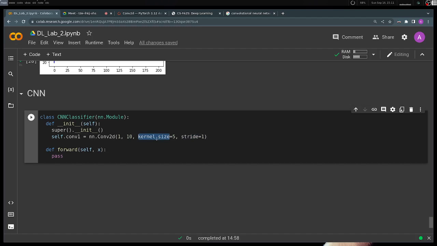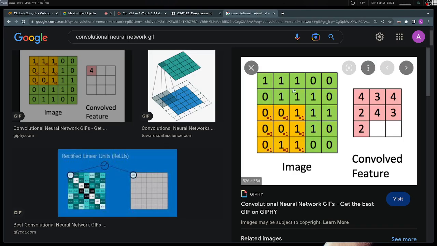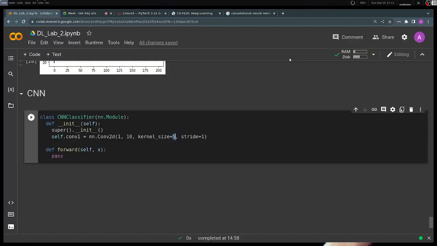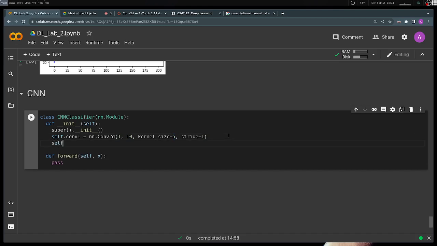So imagine you have a 28 by 28 image, and then you also have a kernel of size 5, and you are going to apply this kernel over your image with stride 1, which means that you apply it first over the first 5 by 5 matrix, and then over the next 5 by 5 matrix, and then over the next 5 by 5 matrix, and so on. Okay, so that's basically it. There's a lot of theory behind why this works and how it works, which hopefully we can do in the next lab. And so let's make another convolutional layer